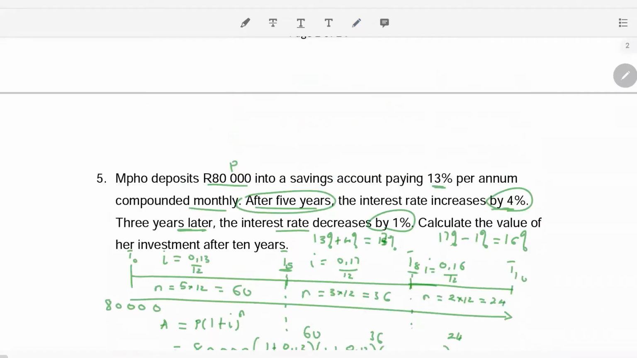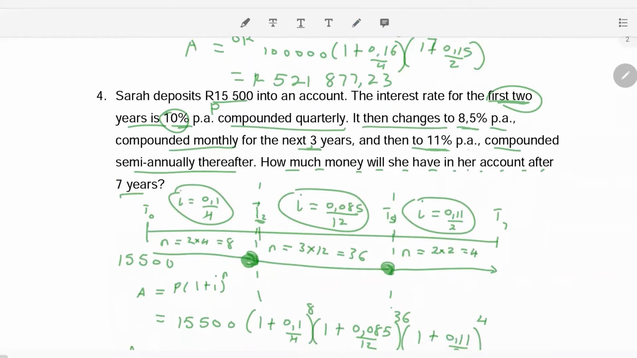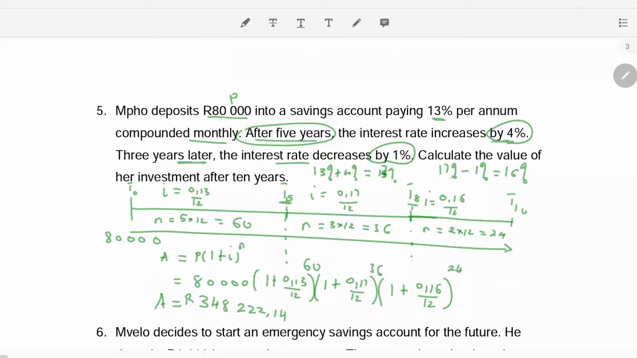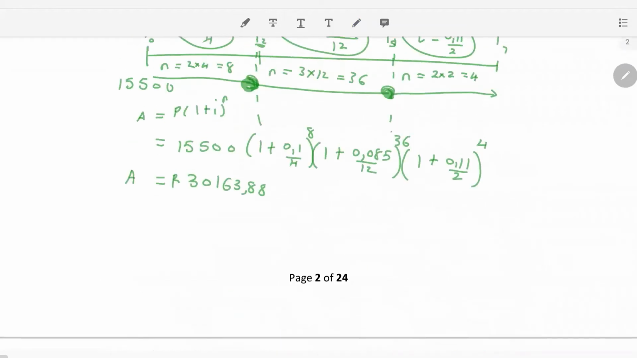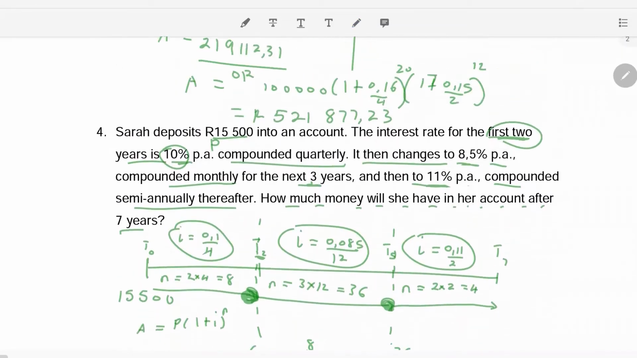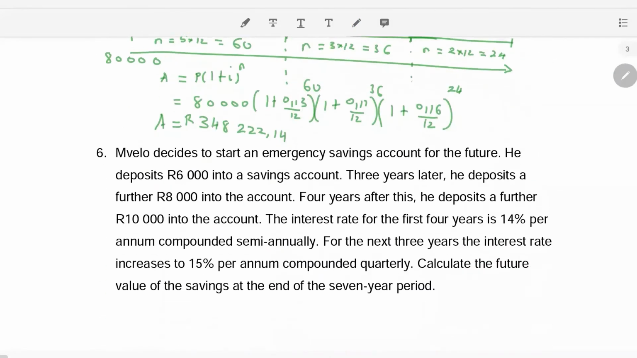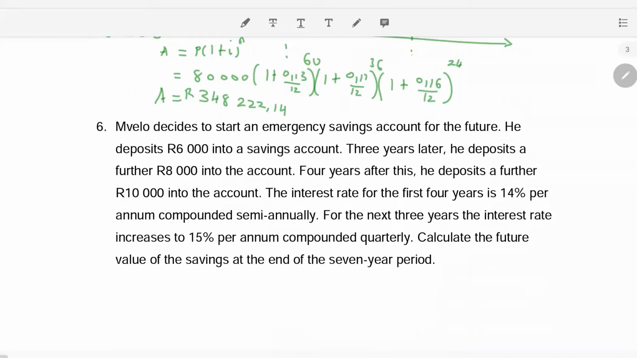So question 4 and question 5 are focusing on one principal amount that earns different interest rates. So here the interest rates are changing, but at only one principal amount. But then at times, or in most cases, we have different transactions into the account. For example, you deposit money into the account today,